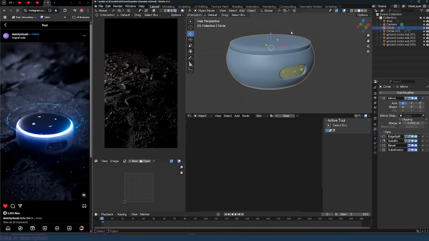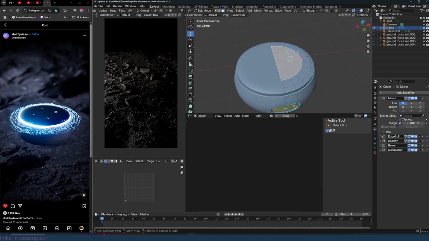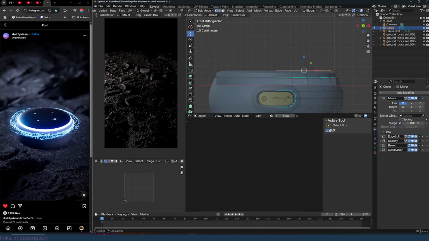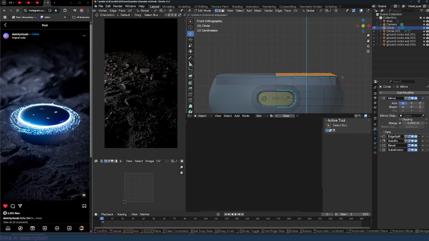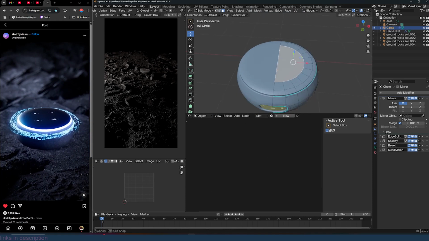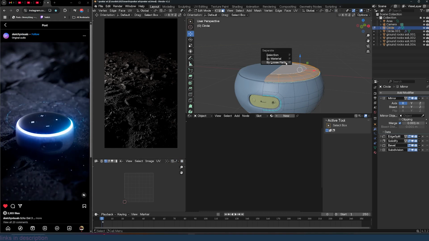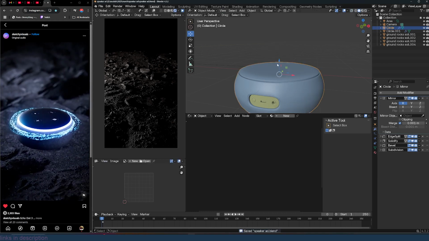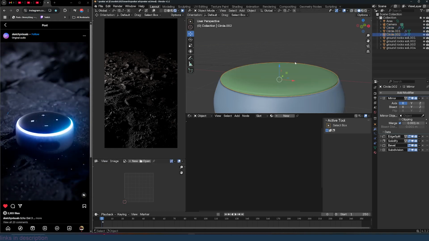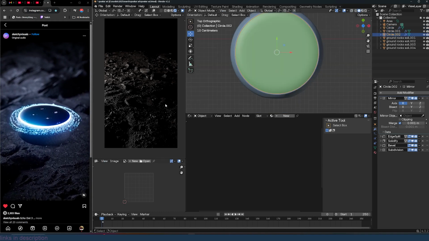And for the buttons, I'm just going to come in here, just split this. Let me add an extra edge loop here. Maybe I think this is too large, so maybe I'm going to separate this top part from the rest. So up to around there, separate it using P, those parts. P by selection. Yeah. Okay,